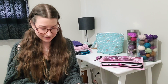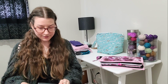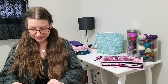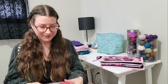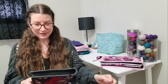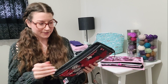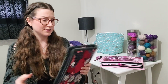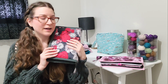It was definitely an investment, for sure. She sells them for 150 Canadian, and the amount of work that goes into these is just insane. She showed me that this part here she hand sews, or there's a couple of pieces in here that are hand sewn, and I think she said there's over 100 pieces of fabric in each one of these, if not more, or something crazy like that. But, she